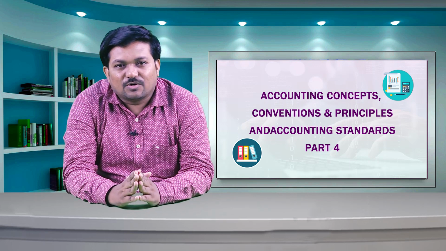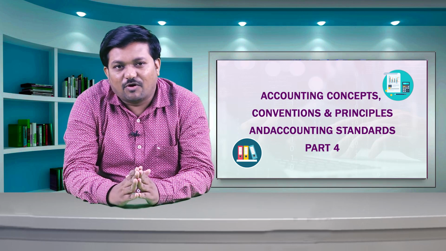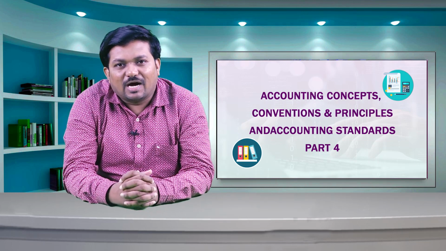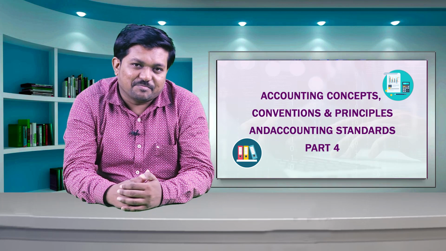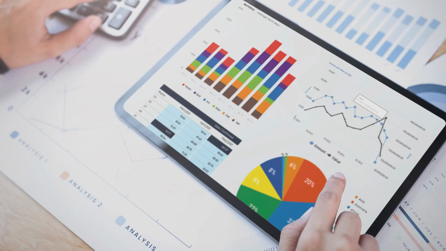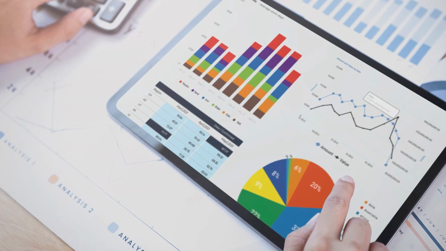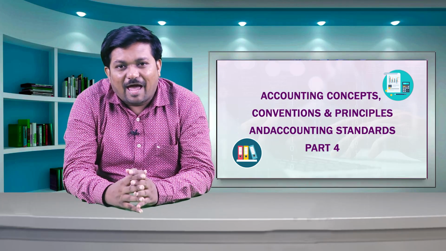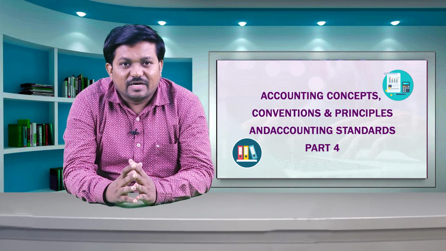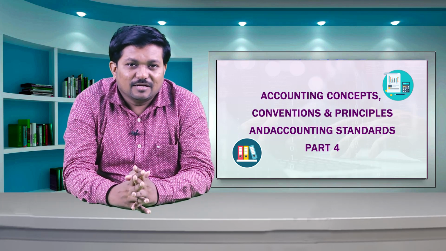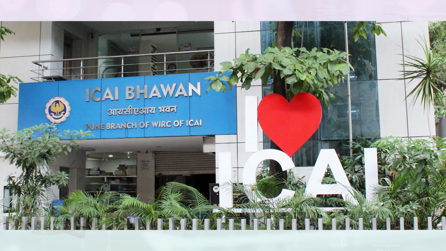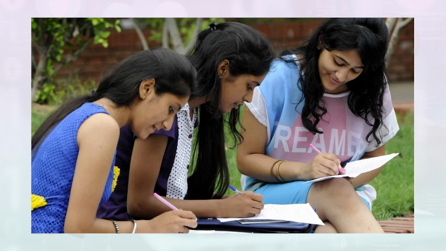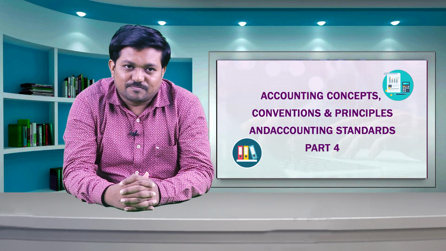A set of norms always makes system very uniform and comparable. The functioning of accounting is also based on certain concepts, conventions and principles. Further, accounting is considered to be one of the important professions across the world. All over the world, every country has its own accounting regulatory system. In India, we have professional body, the Institute of Chartered Accountants of India, ICAI. This body plays a vital role in accounting education and accounting profession related issues.